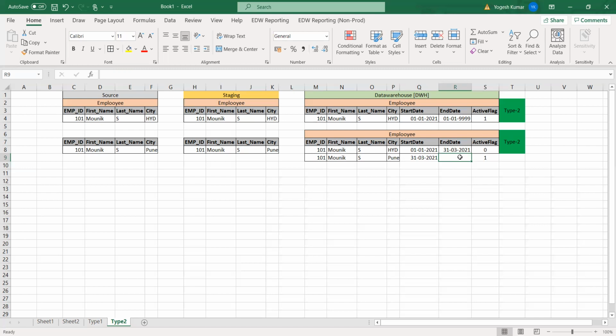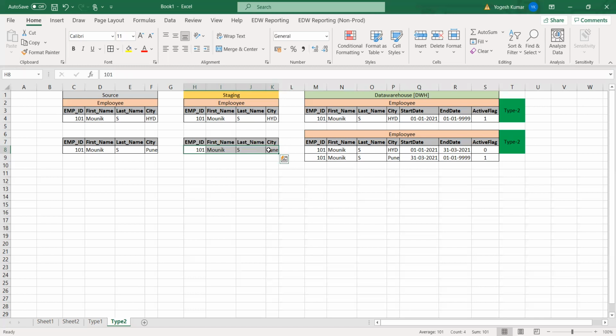So Yogesh, 31/3/2021 is the date when the city changed to Pune in the data warehouse. You can say the first record loaded into this data warehouse came without any date.